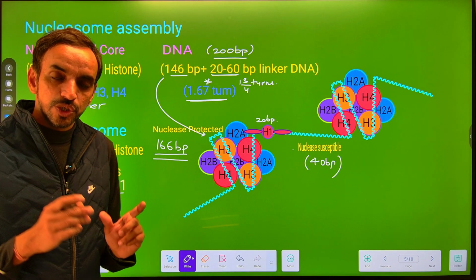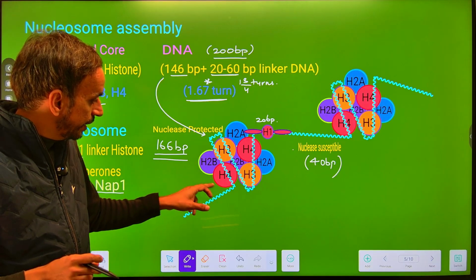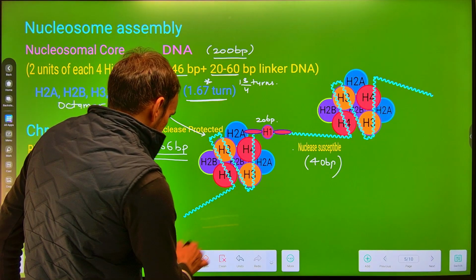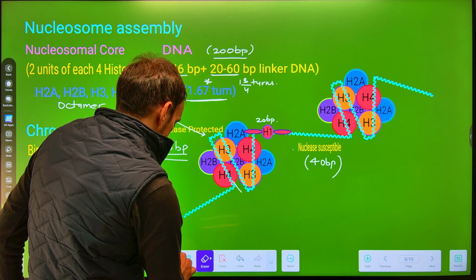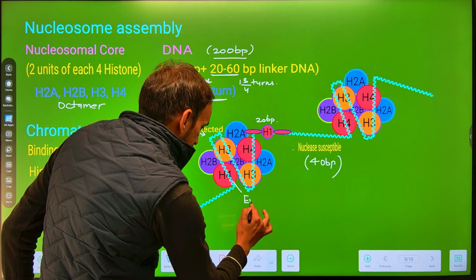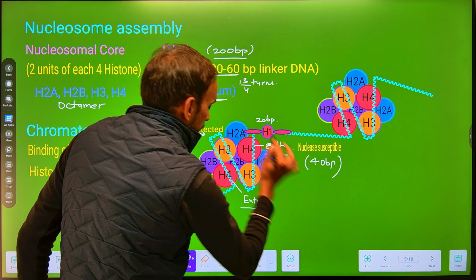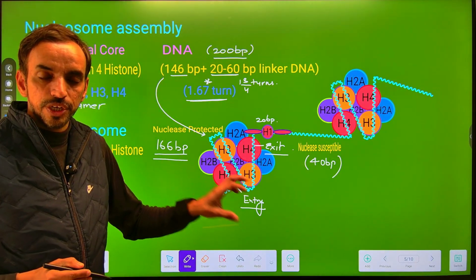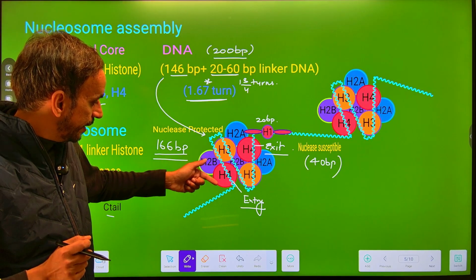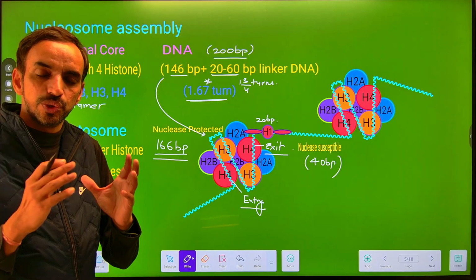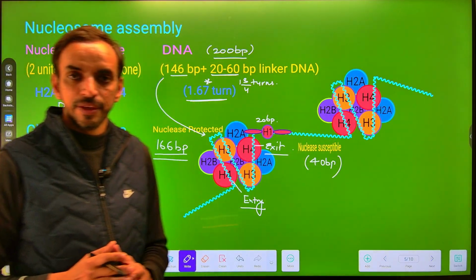Okay. Now the next concept is that the entry and the exit of DNA within this nucleosome is through H3 and H4 histones. H2A and H2B remain present within the core regions. The entry and exit of DNA in a nucleosome is through H3 and H4 histones. This is also a concept you have to remember, whether you look here or here. Okay. Next,